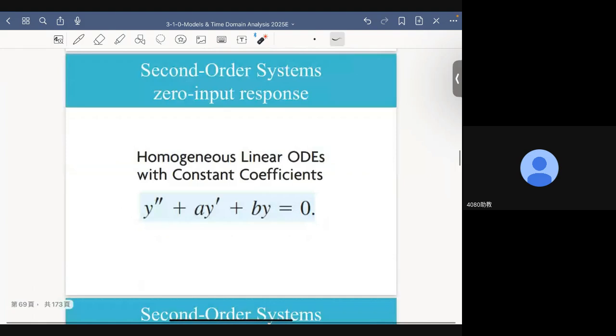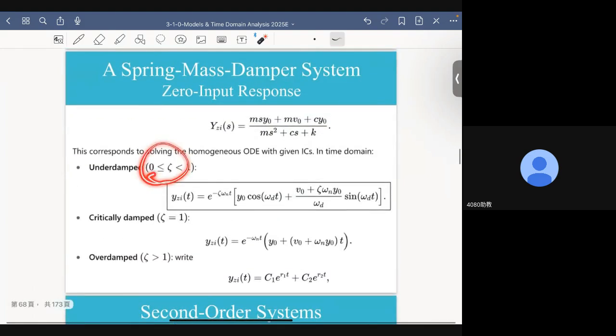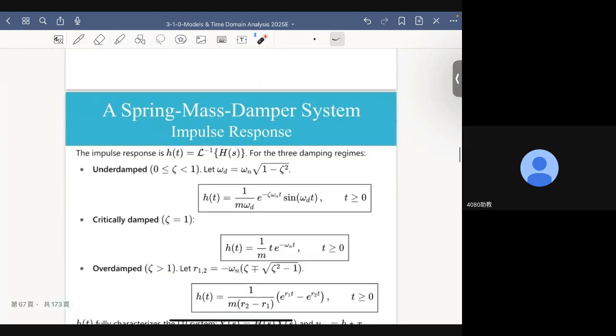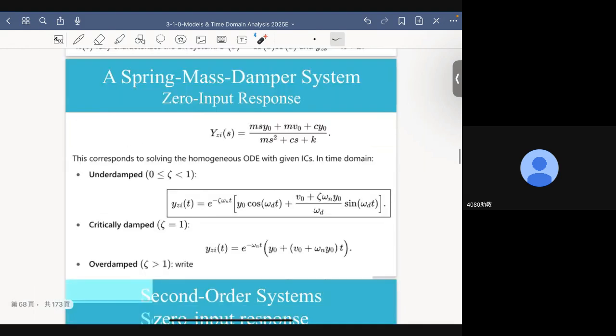It's simply physics. All right. So eta has always been larger than 0. Okay, and depending on the value of eta, the impulse response can be represented in 3 different ways. Why is this the case?